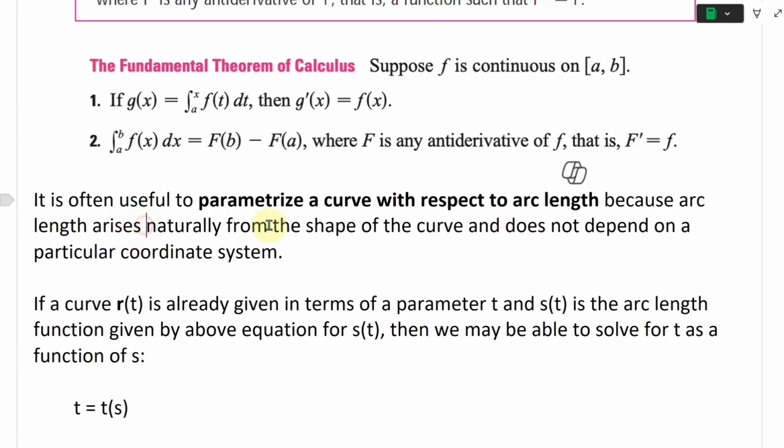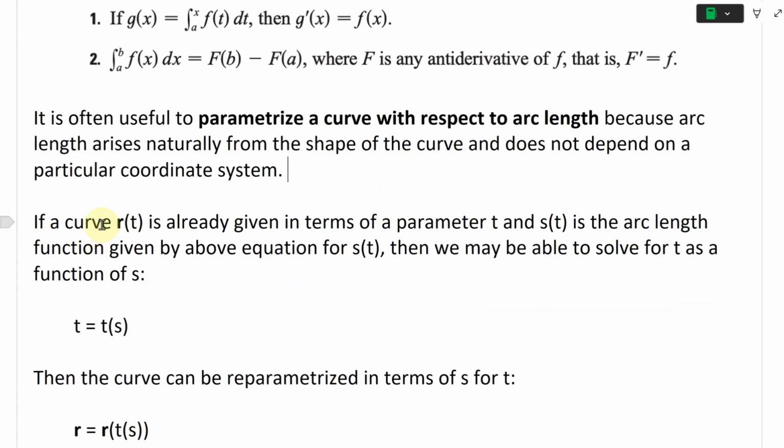length arises naturally from the shape of the curve and does not depend on a particular coordinate system. Now, that's interesting. So if you're using one coordinate system and it's not that it's complex, you can just change it to another one and just get the same answer. So that's pretty fascinating. So if a curve r(t) is already given in terms of a parameter t,